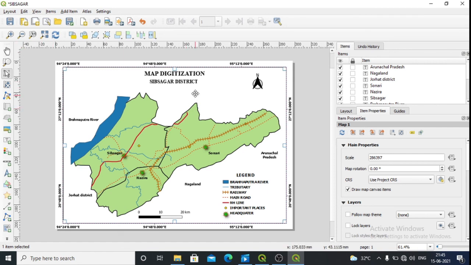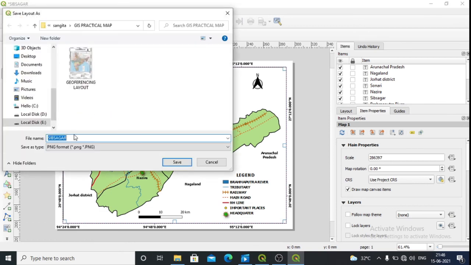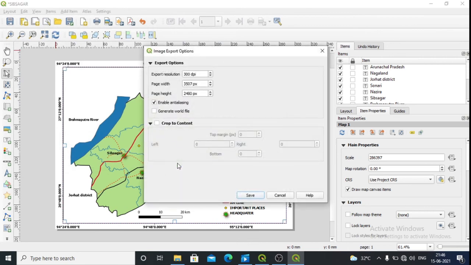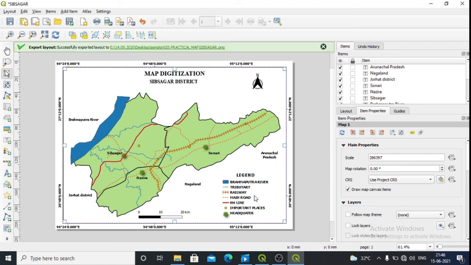After completion of this, go to layout, then export as image. Export it. Then it asks where you want to save it. You want to save it in Sangeeta GIS practical map. Then save it. Okay, it has been saved. You can directly go to this particular folder and view the map. Thank you everyone. This is how we digitize the